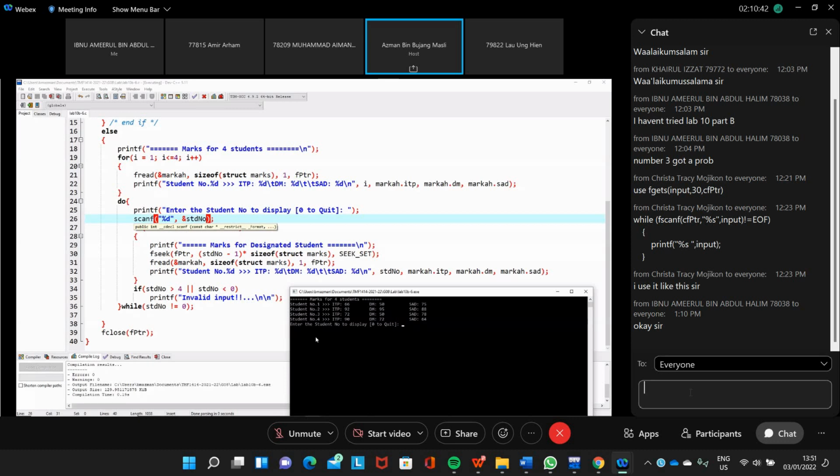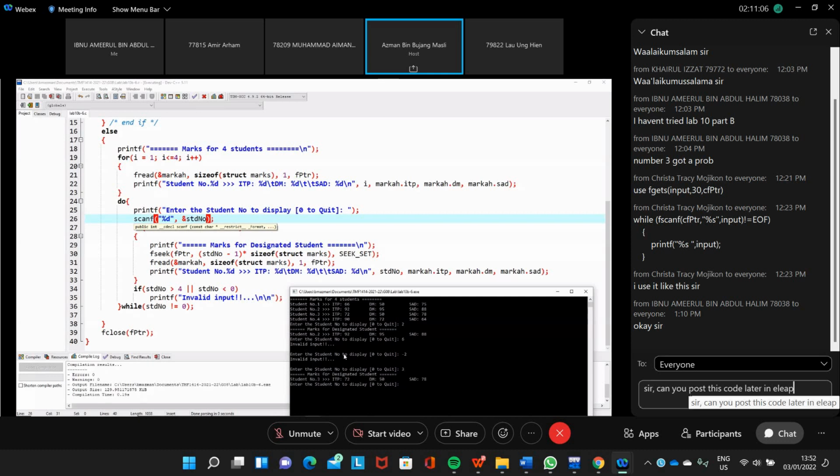We want to display student number 2, for example. Student number 2: ITP 92, discrete mathematics 95, and then 68. Then we can enter another number, 6, for example, invalid input. And number 3, we get the marks for student number 3, which is 72.